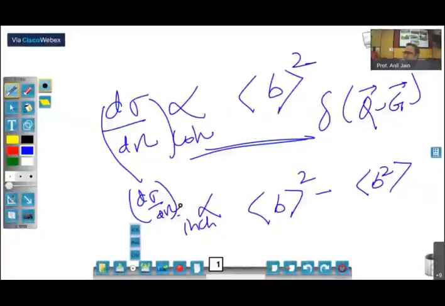Now, what is the source of this? When you have neutron nucleus scattering, you have spin states, you have isotopes, and this b depends on the relative orientation of the neutron spin and the isotope. So there will be different b values, and the average of this b will give you the coherent part. The deviation from this average will give you the incoherent part, or you might have some defects or some inhomogeneities. All these things are going to give the background. Is this clear?